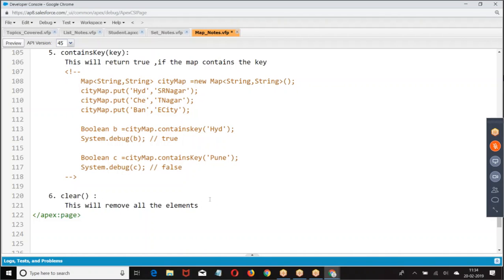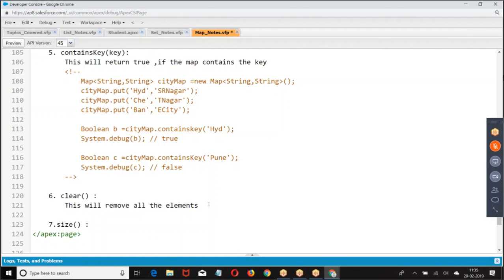Then similarly we have size. I hope you are good with these examples.